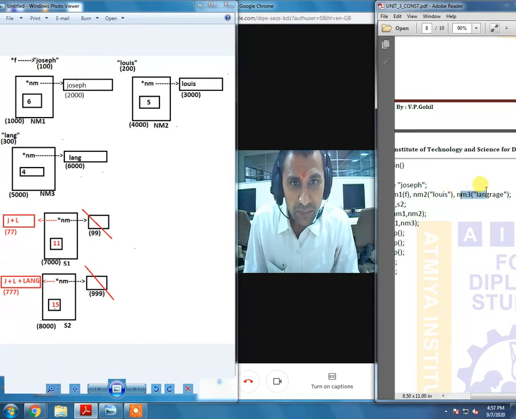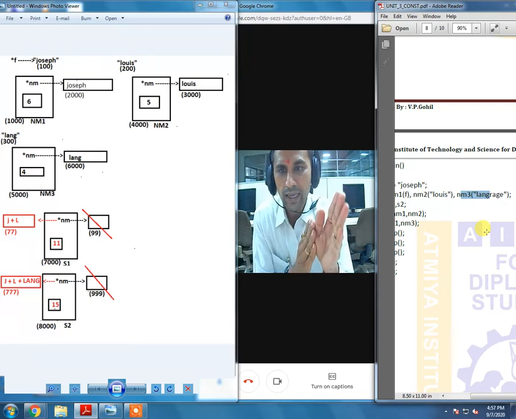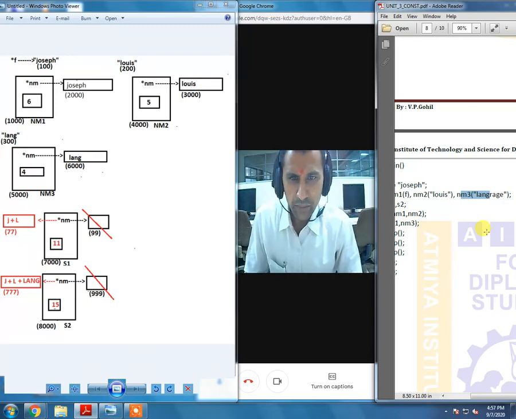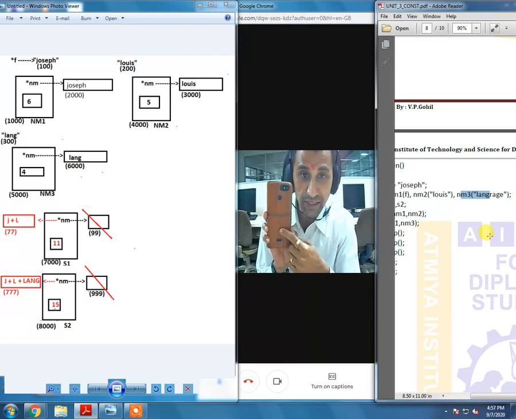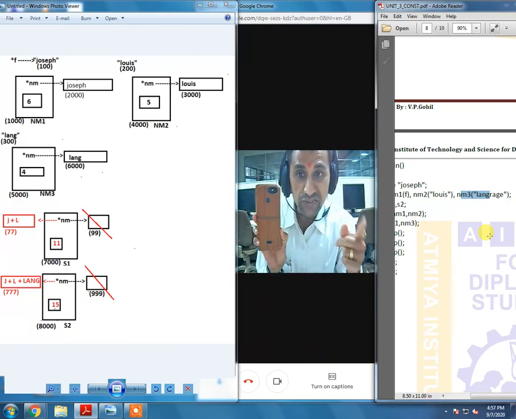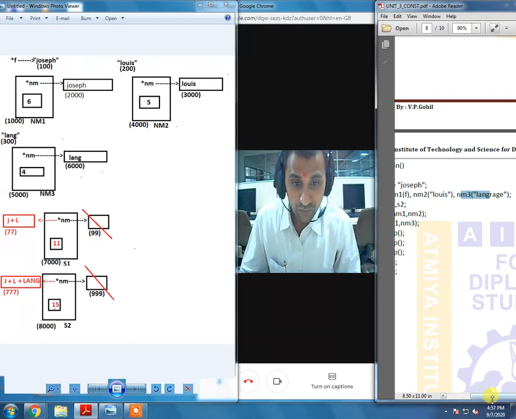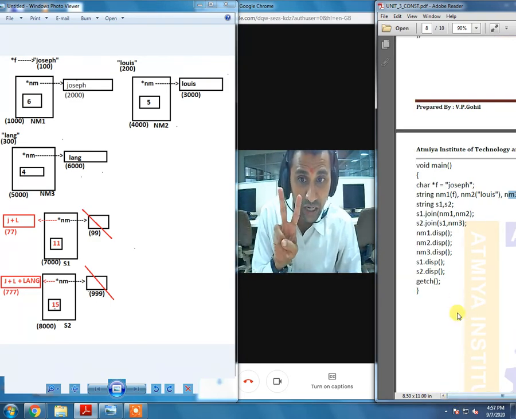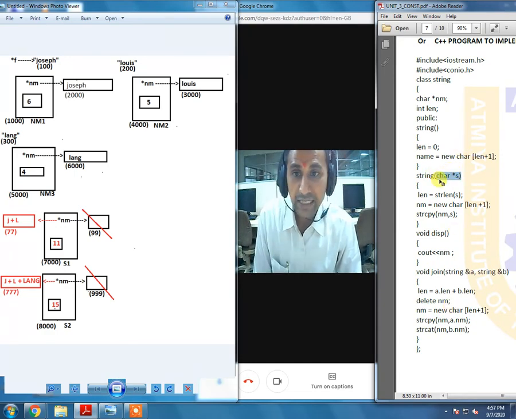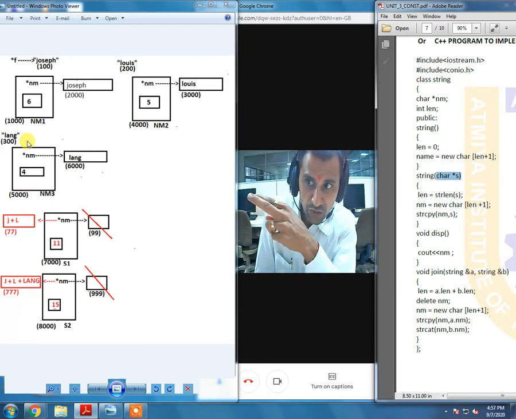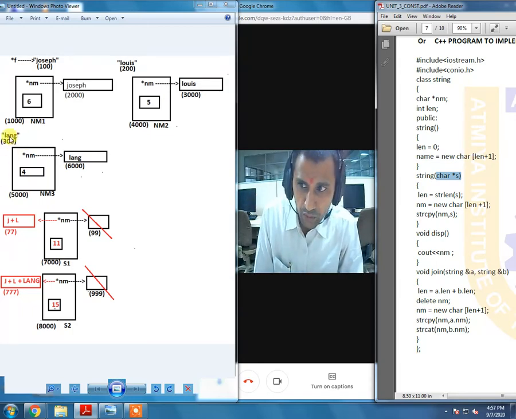For the sake of comfort, I am just going to consider the string up to here, that is lang, to make you go through the content very perfectly. Once again, the creation of the third object with the name nm3. This time, as an argument, we are passing the string lang. Once again, we are having options. Which one out of the two constructors is going to be called? The choice is the second. So, star s will be pointing at the starting location of lang. Like you know, lang will be assigned a memory space by the compiler in some buffer area. Let us say in 300.